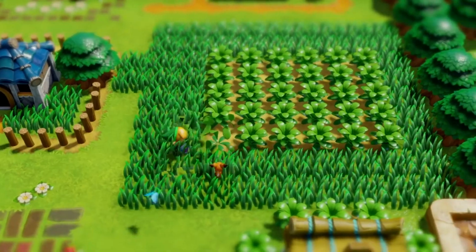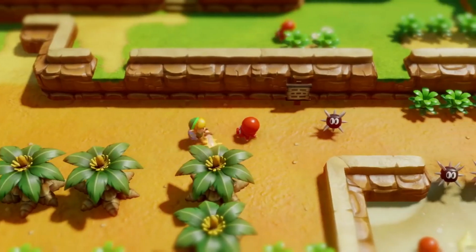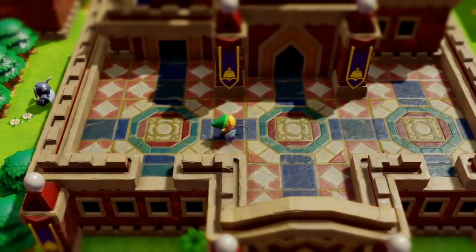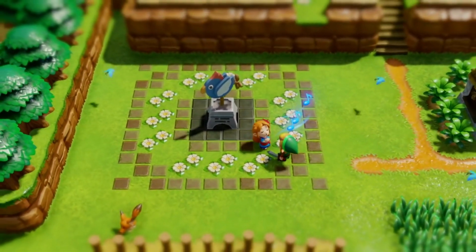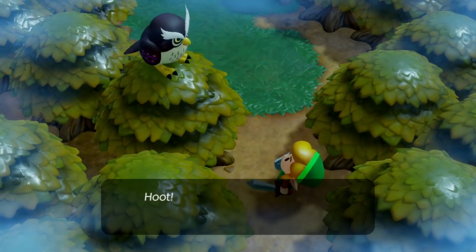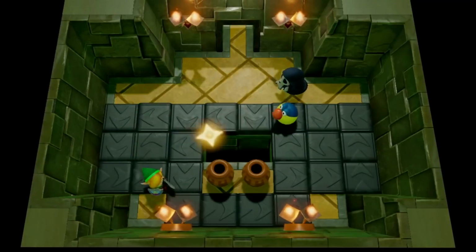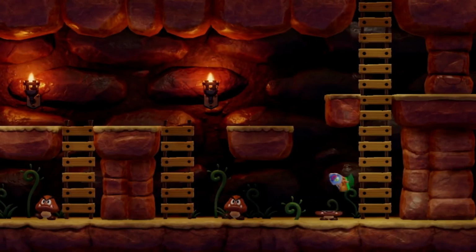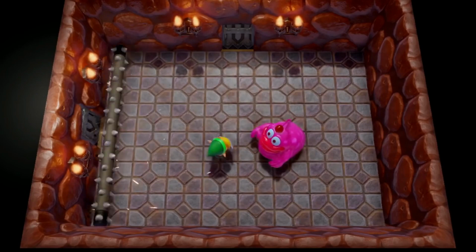Now, when I consume video essays and read arguments, I prefer the ones that jump headfirst into their opinion instead of dilly-dallying around the point, so I'm going to give my opinion right up front. I love what I've seen of the remake. I think that the graphic style looks amazing. I'm a huge fan of Link's Awakening, and I am always looking for another excuse to play it, so everything I've seen from the trailer is really endearing to me.